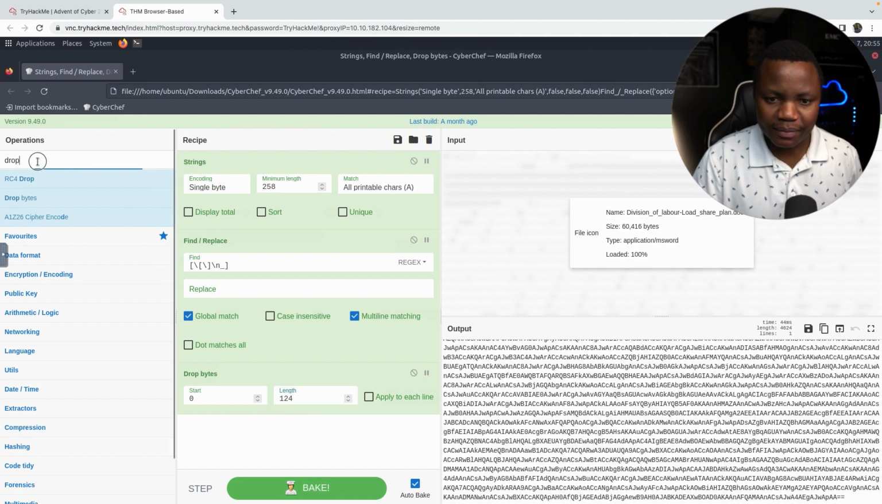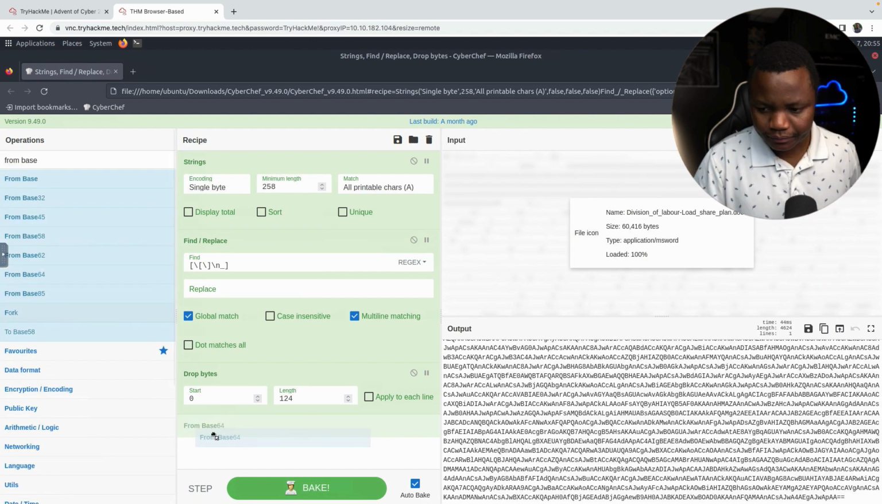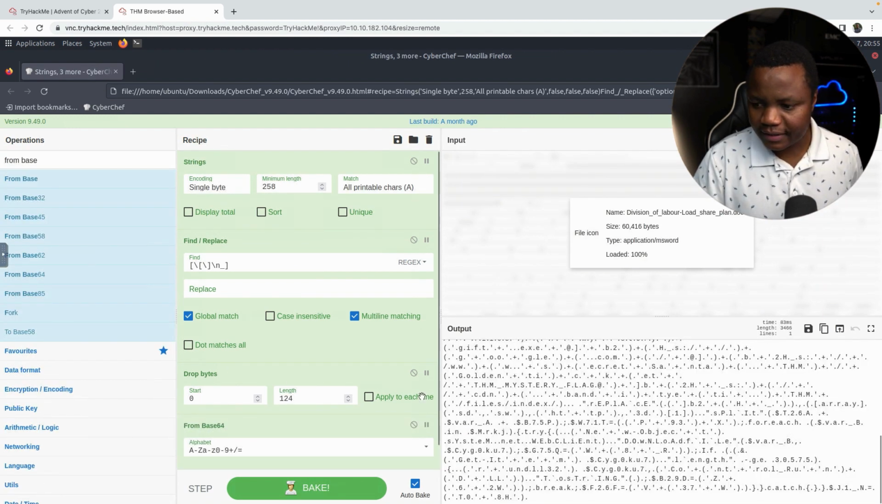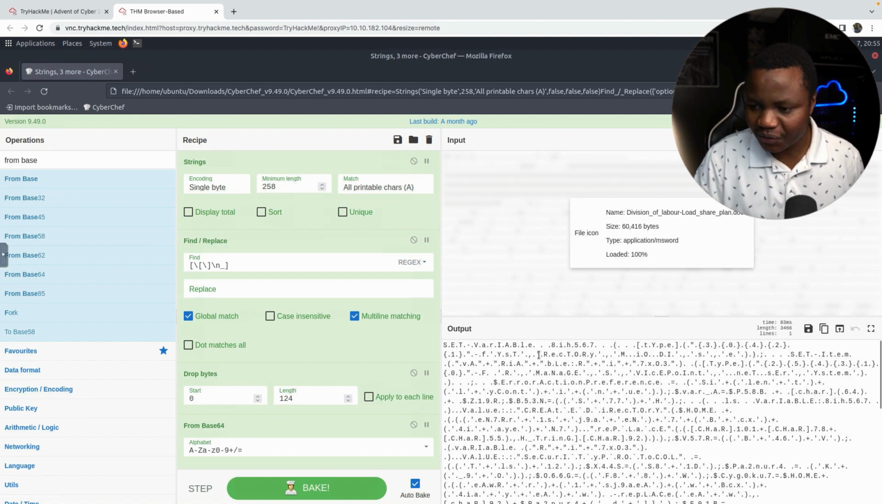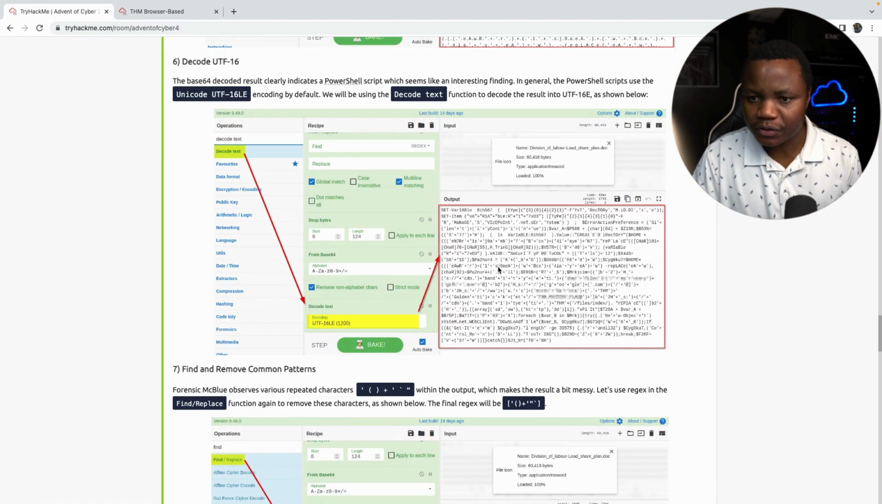Now we can do the From Base64 decode. All right, so this is encoded PowerShell. And of course, it doesn't look that great. There's a way we can convert PowerShell back, but it's encoded PowerShell. So we can